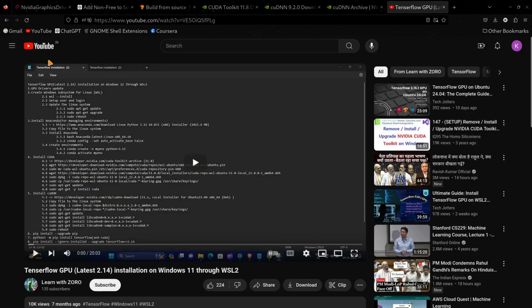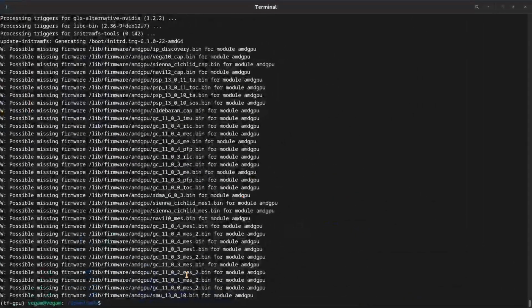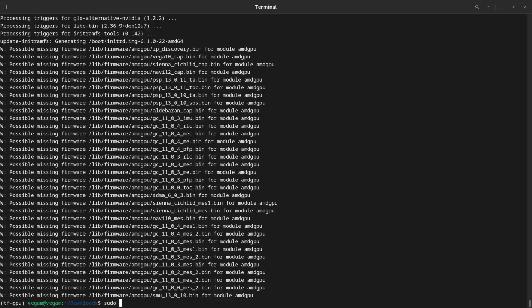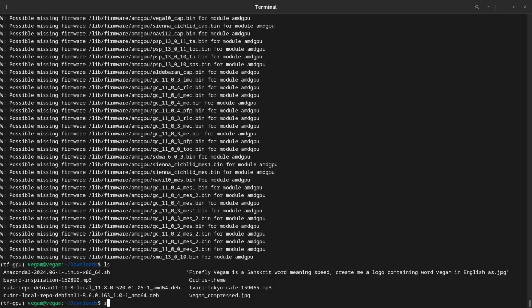We just have to use the same sudo dpkg -i command, and then the file name. Let's firstly find the file name, then sudo dpkg -i, and then the file name, which is this one,